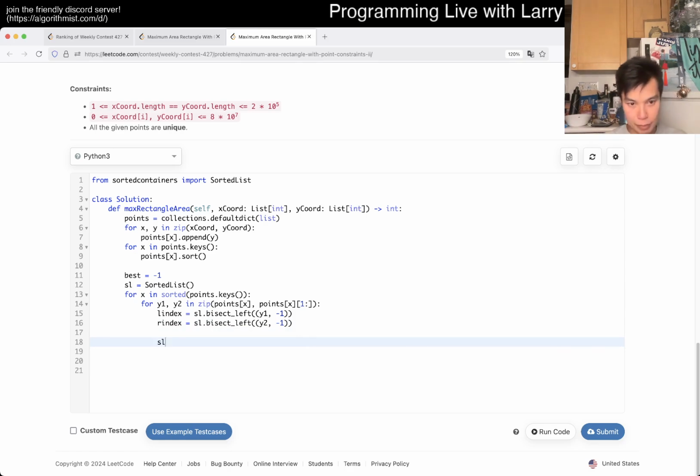Okay, so SL of L index, if this is strictly in, so bisect left means that will be the next number, but actually you want it to be the previous number. So then now if this is true,